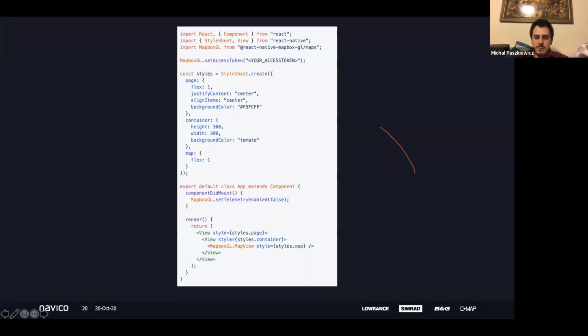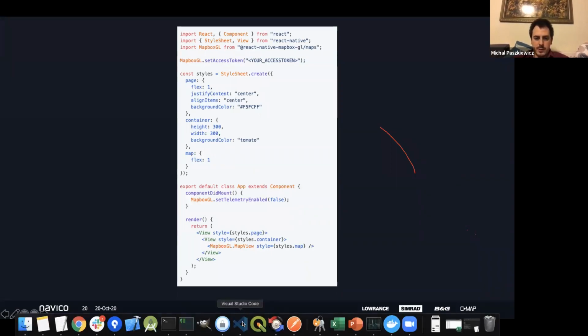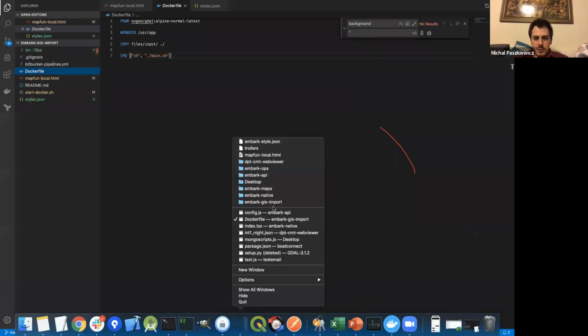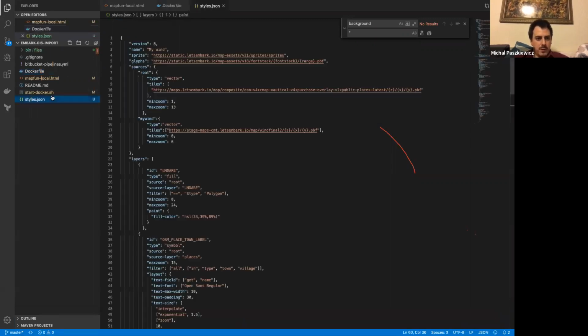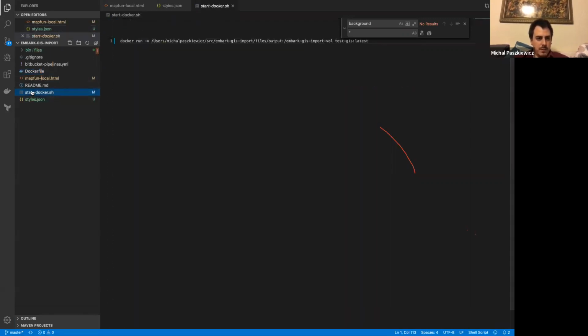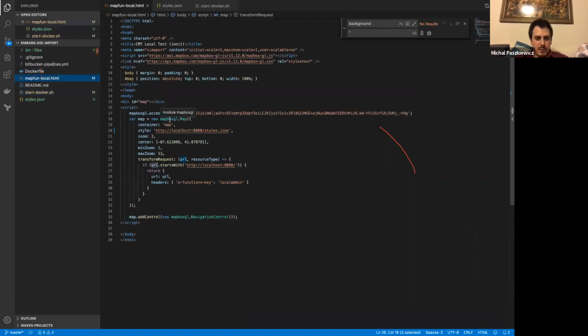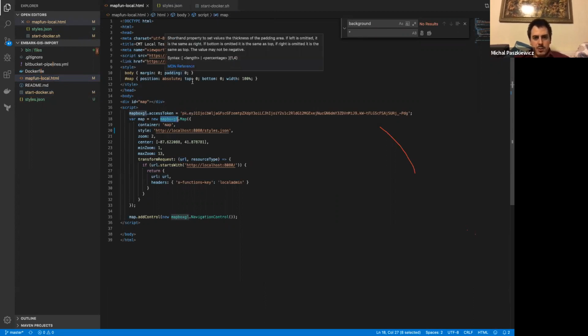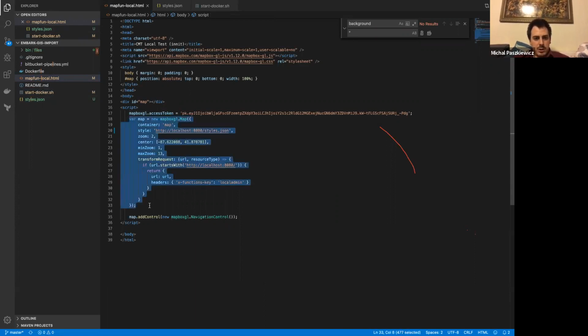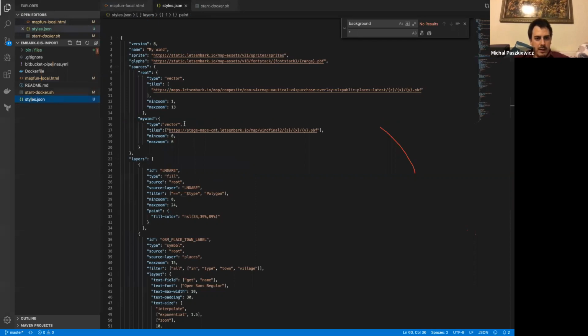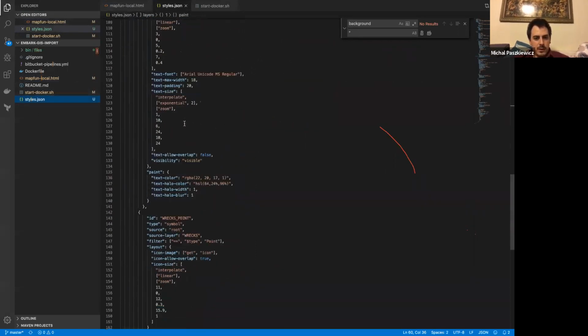If you've got the right data, you can easily update the styles, and that's what gets your data up. So if we look in here, for example, I've got the web equivalent. On the web, if you don't use React Native MapBox, you use the standard MapBox GL.js library, and it's a case of chucking in a MapBox map and then providing a URL for the styles, which is here. And then if I want a new set of data or anything, I can just update this